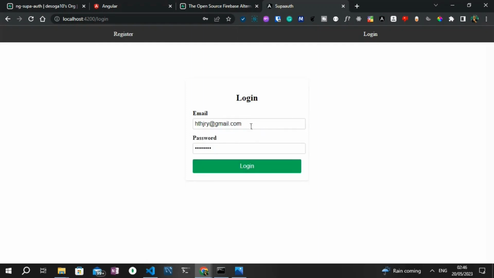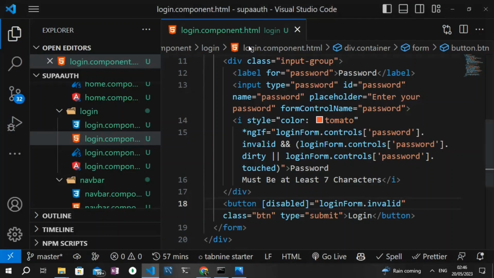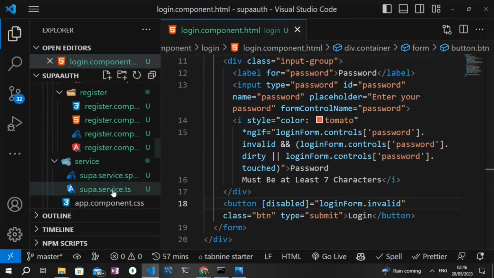So cool. With this, we are done with the validations for the form. And I think the last thing we need to do is just to create the functions for the auth service. That is the sign up and sign in functions, and then consume it in our login and register form. So quickly, I head straight to the service file. So I'm going to go to